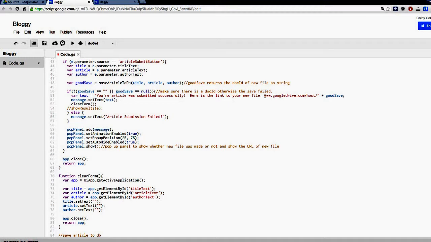So googledrive.com/host/ and then our doc ID, and that's how you show a public file on the web. So you're treating your Google Drive as if it were a web hosting server. And again, you'll have to have a bloggy folder in your root directory, and it also has to be shared to the public. And then I'm going to take message, which is the label we created. I'm going to set the text equal to